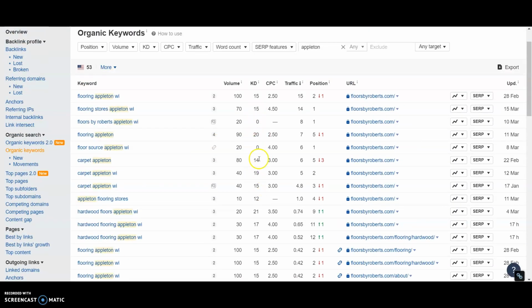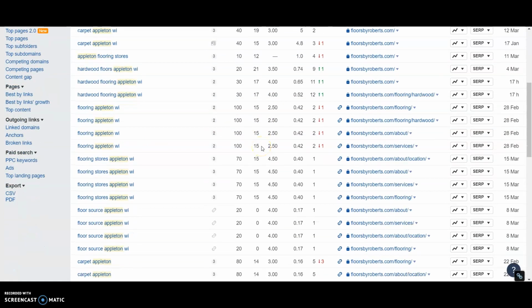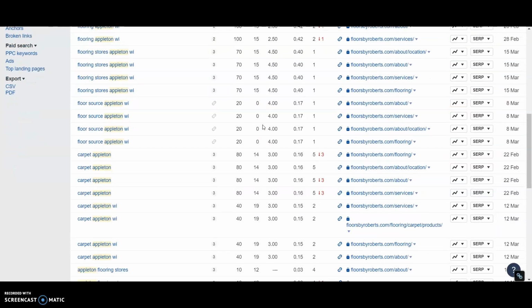And we can beat 15, we can beat 20, we can beat these. It just is going to take more work, it's going to take longer, and it's going to take a lot more backlinks to grab them. But it can be done. It's not too hard. The higher the KD, the more difficult it is, the longer it takes to get them.